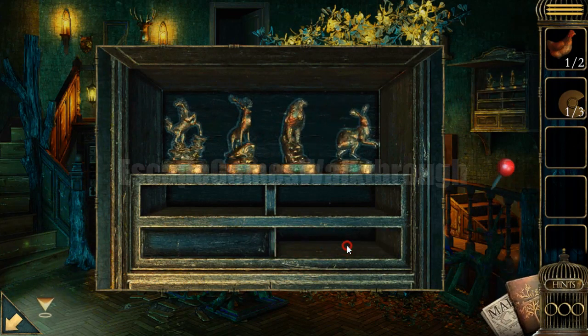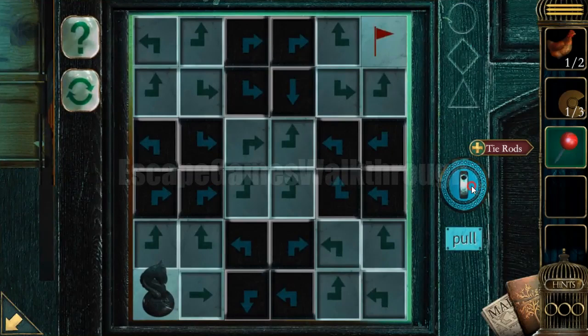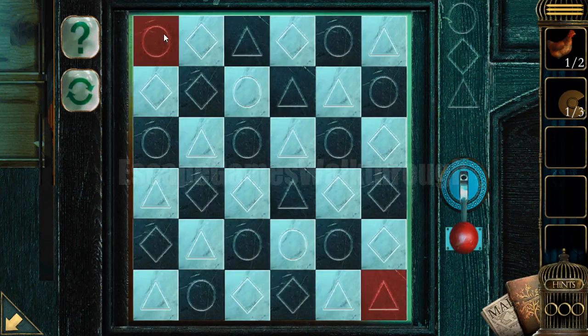So that's done. We've got a handle. This handle is for this place, and now we need to play a mini game. So if we move this horse, we have a hint how to move. So we have circle, rhombus, and triangle, and if we pull this board, we have the same shapes on the background. So circle, next should be